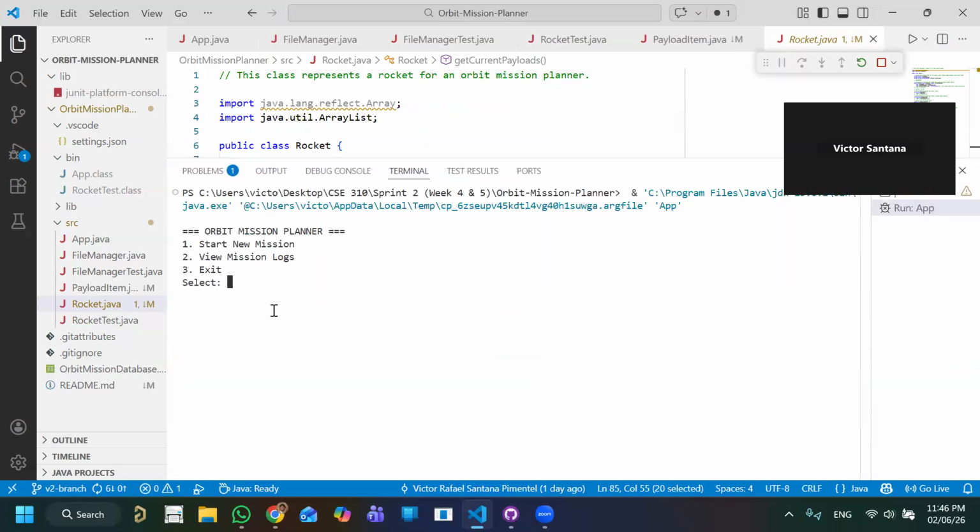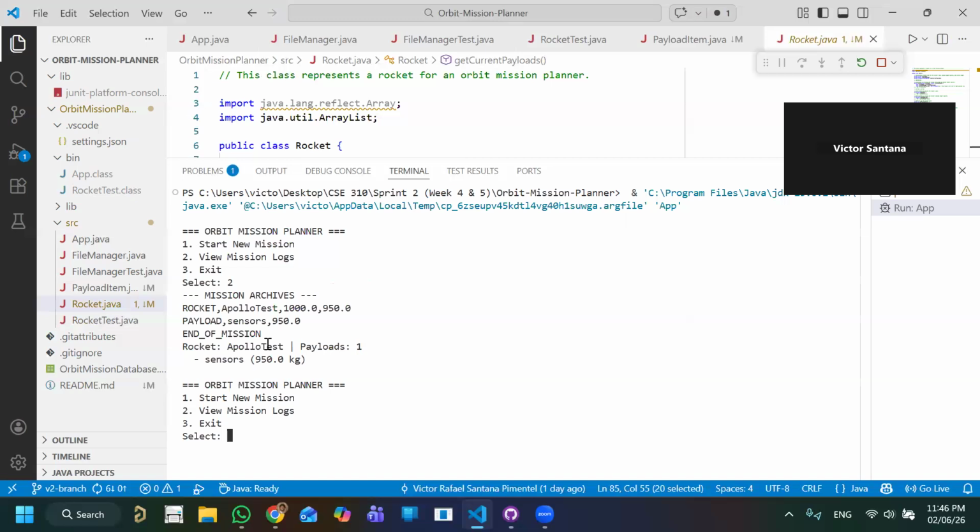Here's the main menu. I already have a database created. Well, database, right? It's just a CSV file. If I press 2, it will tell you how it looks in the database. So rocket all test payloads, and this is payload. It has a sensor of 950 kilograms. So we start a mission, and then let's call it, for example,